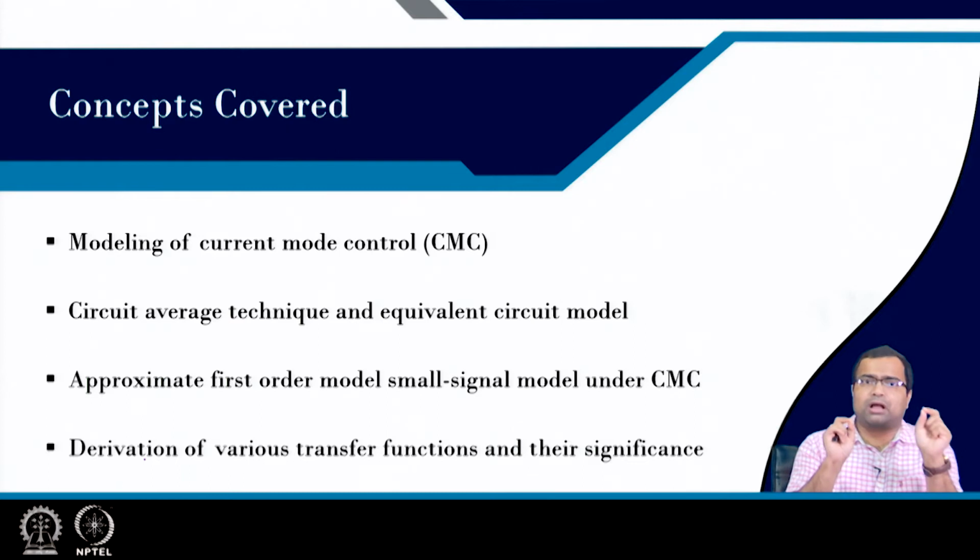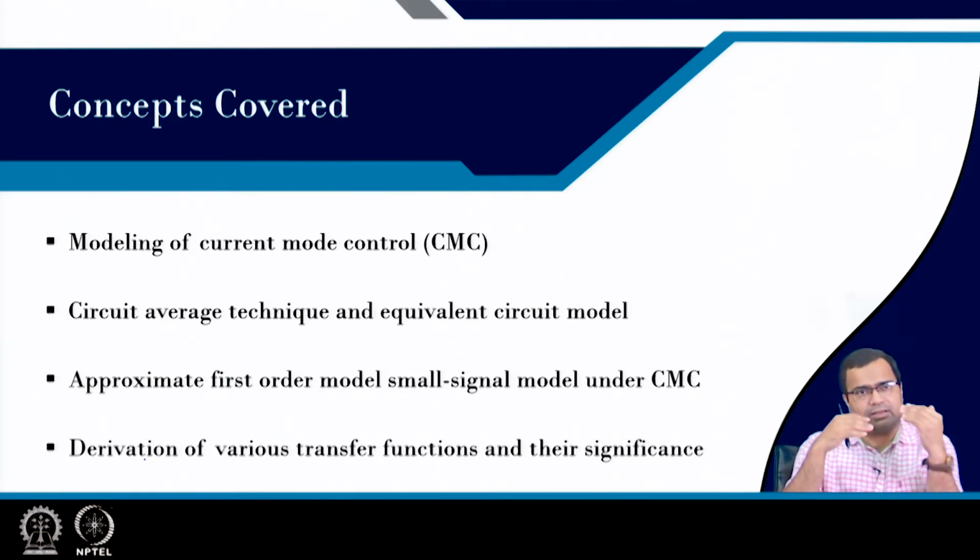A few more things I want to emphasize before we start. We talked about the right half plane zero in a boost converter, and we also saw the expression for its location. For an ideal boost converter under open loop, we saw there was one RHP zero and 2 poles.